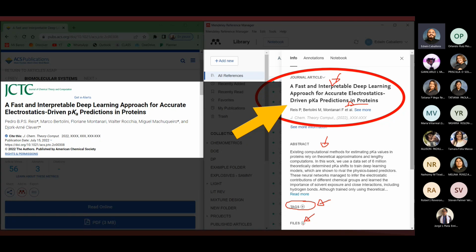In the files area, you can click on the plus icon and you can upload the PDF of that specific reference. If you don't have the PDF, it's okay. You can simply have all the information of the reference. If you have the PDF, you can actually read it on the program. So it's really, really useful. Now,